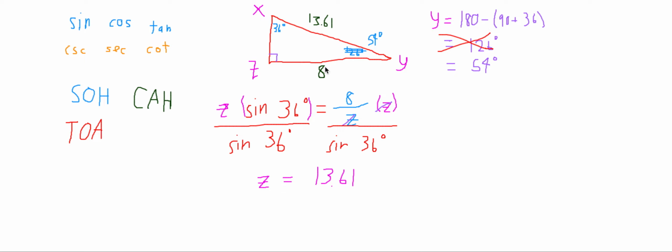So we can use tangent of 36 degrees, or we can use the tangent of 54 degrees. Let's try using 54 degrees, and then we can use the tangent of 54 degrees,